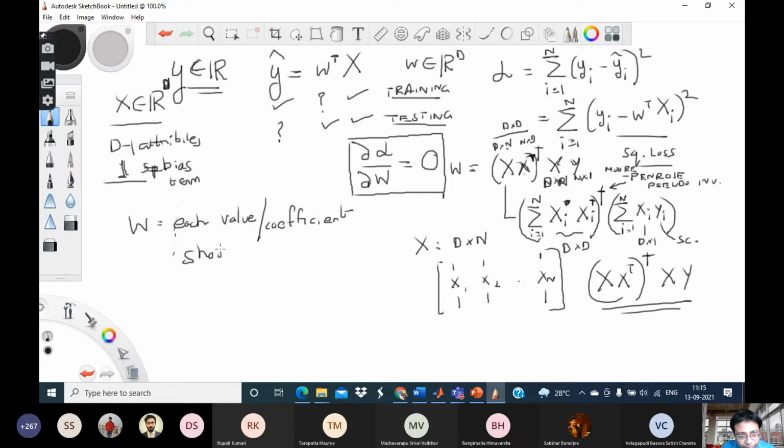Each coefficient should have small magnitudes. Now, I am writing small in quotes because I am not specifying how small. I have not said that it has to be less than 5 or less than 2 or anything like that. Just as small as possible. I had given some reasons why I may want W to have values with small magnitudes. Can some of you remember the reasons which we had discussed? Why should W have smaller values?